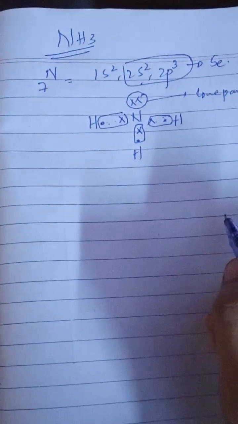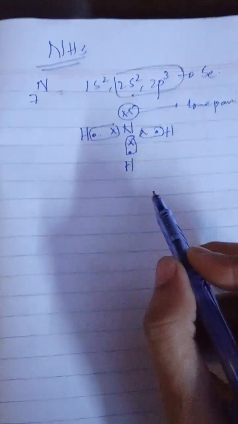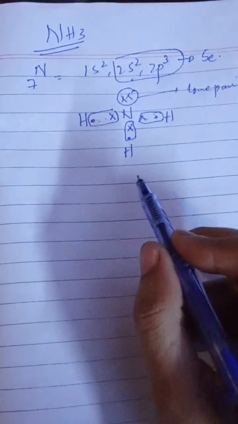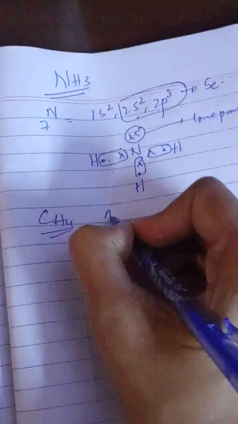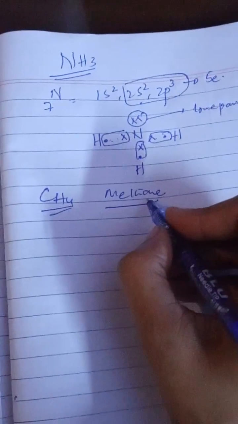So as far as the identification of the shape of the molecule according to VSEPR is concerned, one should know about the active set of electrons. First, we have to consider the active set of electrons around the central element. So first of all, we will take the example of CH4,